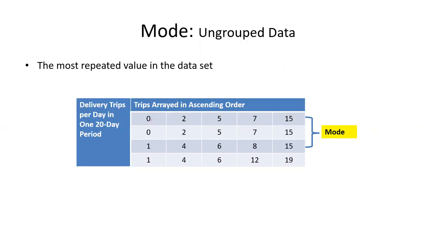We are starting from 0 to 19. The average should be somewhere between, right? Something like 6, 7 or 8. But 15 is a very bad measure of central tendency. But at least it gave us some information that 15 is the most repeated value in the data. This is also called a measure of central tendency.